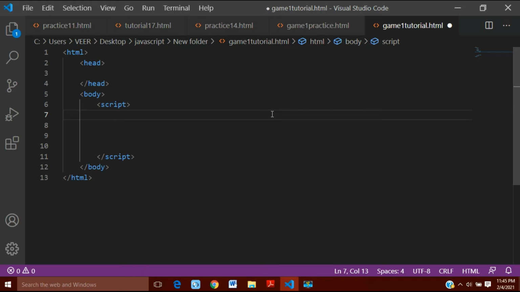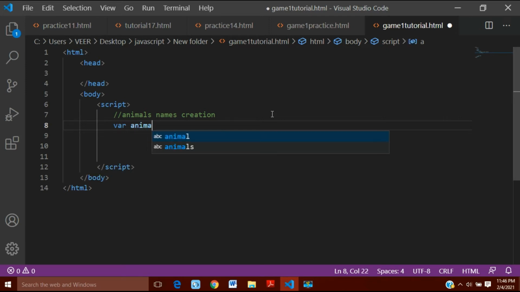To write the names of various animals, I will have to use arrays here, and we have studied arrays in my 7th video. You can go through my video on arrays, and here first of all we will create the array of animal names, and let's say the name of the array is